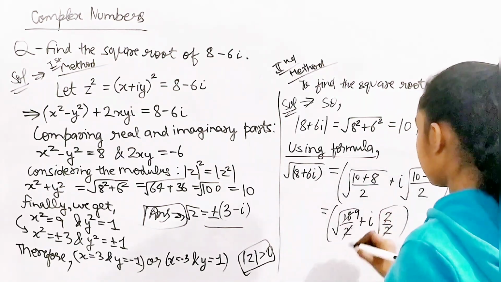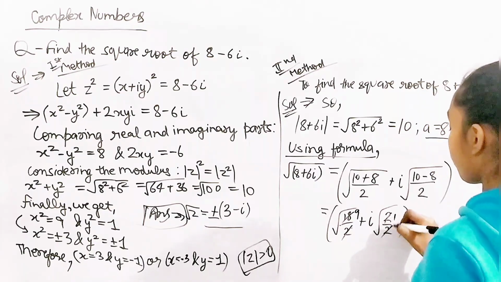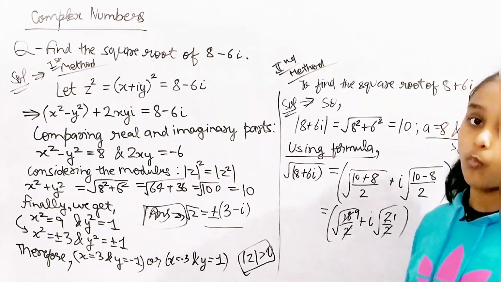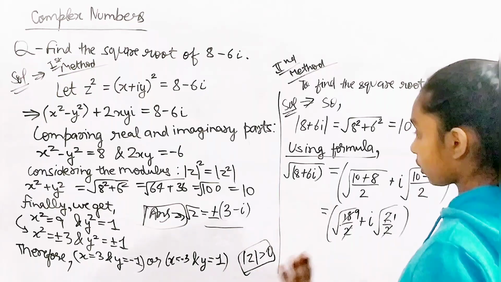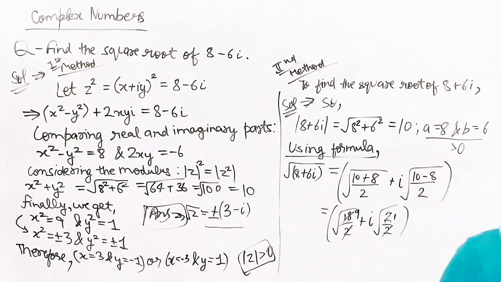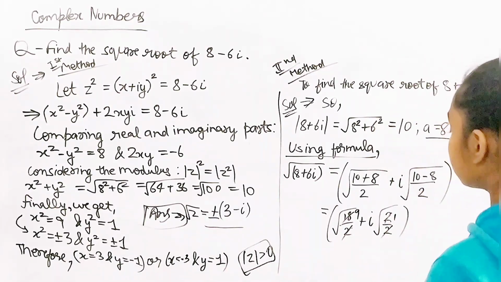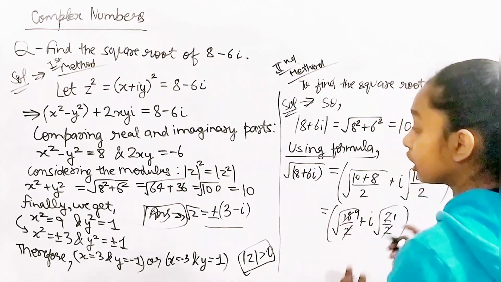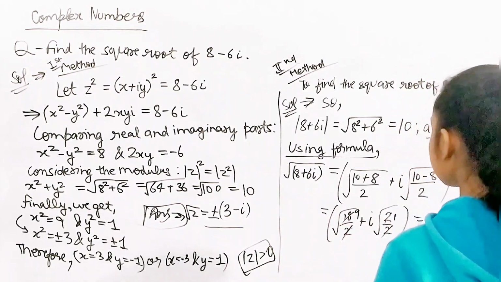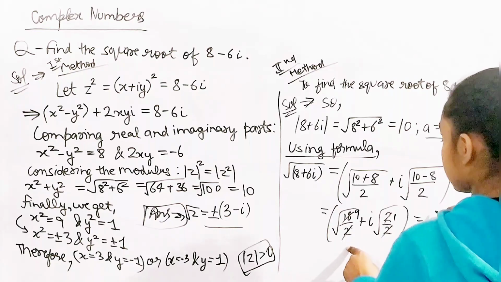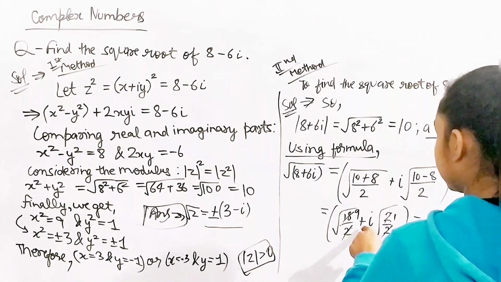Yeah. So what I have here is 1, root 1, okay? Is this clear? Here the root was cut by 2, and we cancelled it, and so finally I got this plus